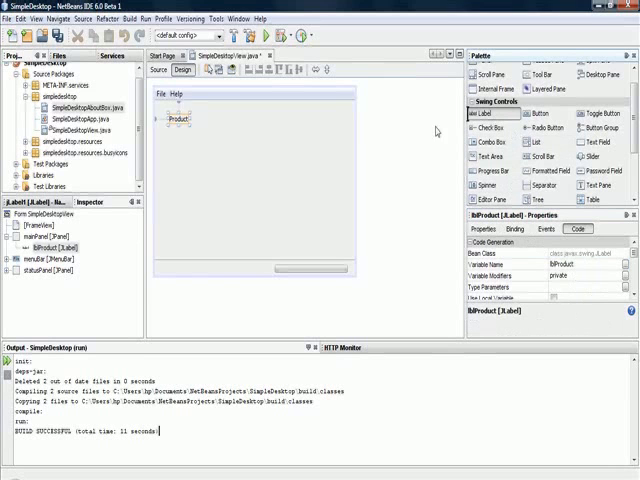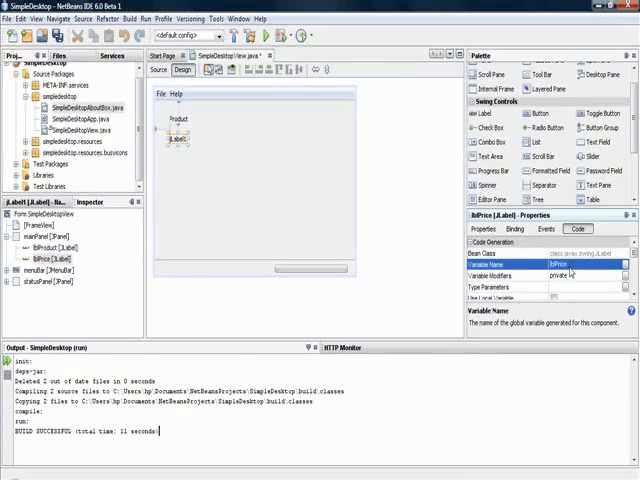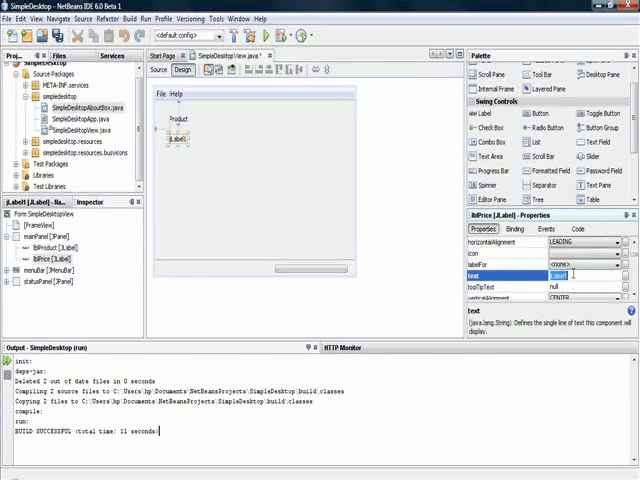Next, I will add a new label, and you can see that visually I can align this label. NetBeans will help me with that, and I will change this label variable name from JLabel1 to LBL, and I need price in here, and of course I also need to change the text to price. Okay, I need one more label,